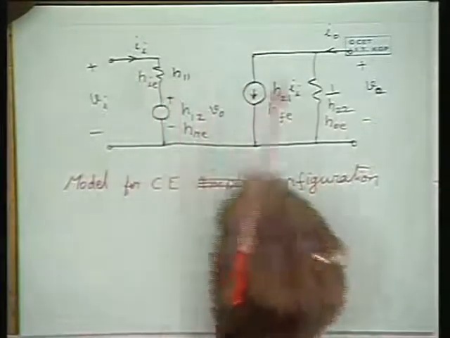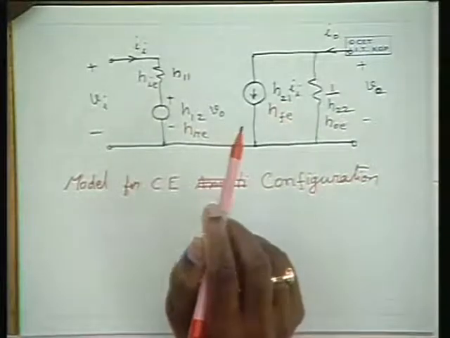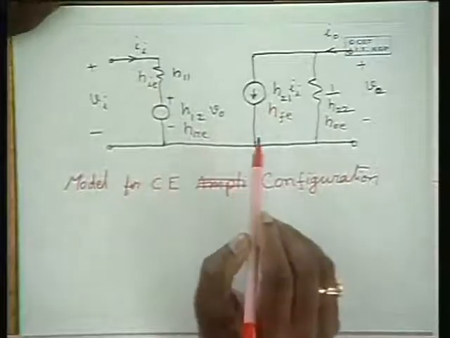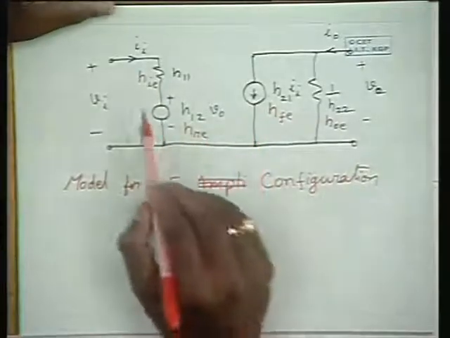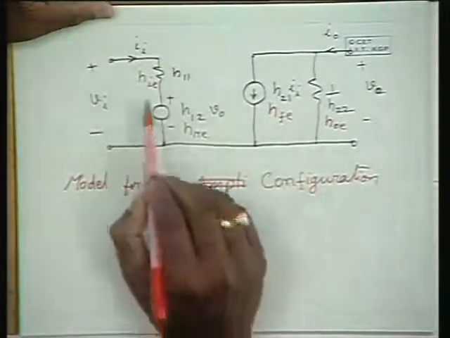So please note that this model is slightly different from the RE model which we have seen. I will discuss the comparison a little later, and now let me discuss the typical values for these